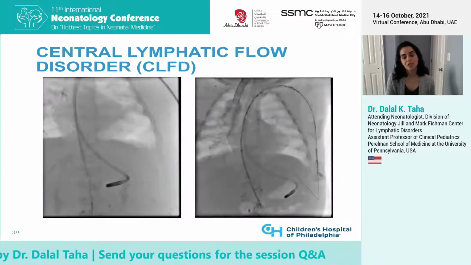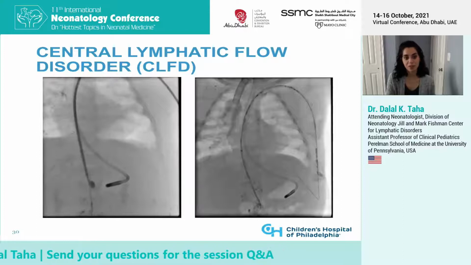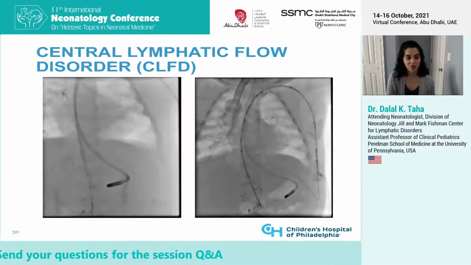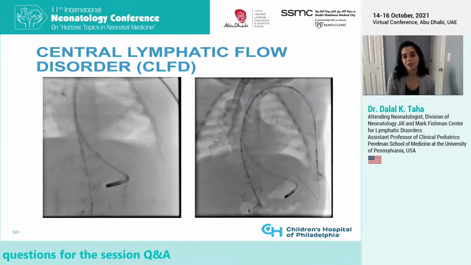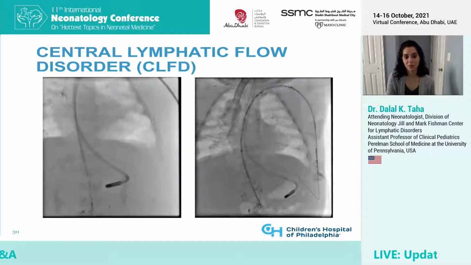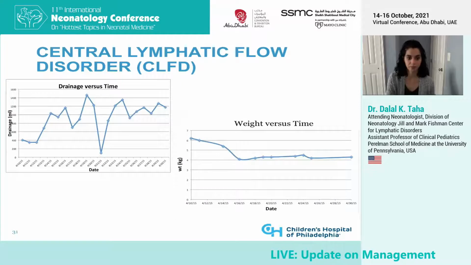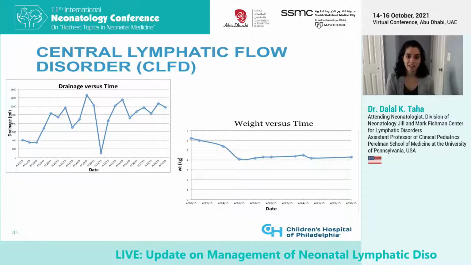This is the video and image taken during that procedure. You can see the introduction of a wire from the region of the neck that was directed into her thoracic duct. This wire was then used to place a catheter in the duct that ultimately drained lymph fluid outside of her body. Shortly after this procedure, she began draining about 1 liter a day.